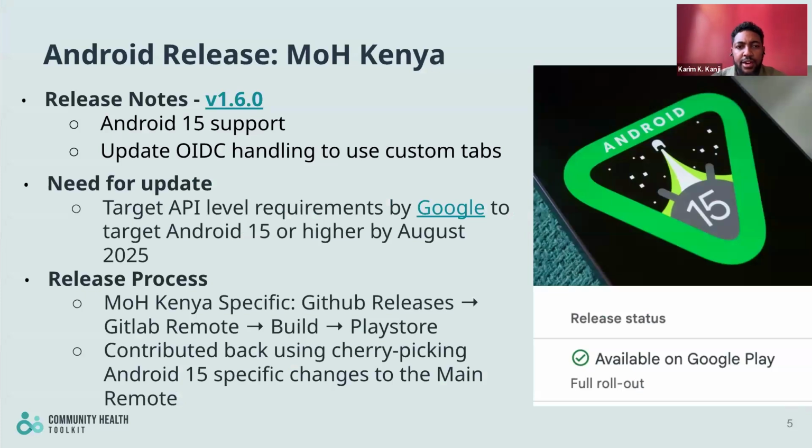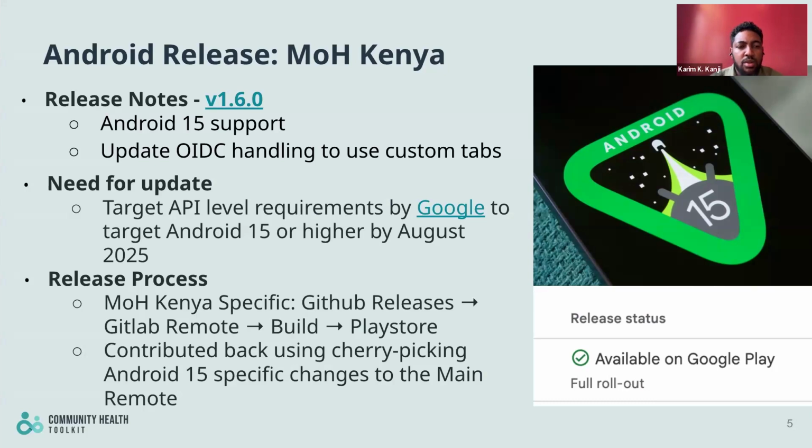So Android 15. The major focus of the latest release, version 1.6.0, was the Android 15 support, and also the OpenID authentication handling to use custom tabs. The need for this update was a requirement by Google.